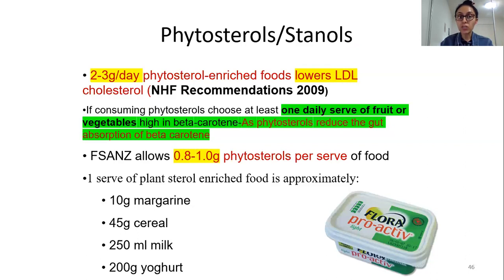But that's why phytosterols are good. That's why the encouragement now is to have vegetable oil sourced butter rather than normal butter. But on the other hand, the argument is that dairy fats contain odd chain saturated fatty acids, and dairy fats are therefore good for the heart. So there are a lot of schools of thought, a lot of arguments.